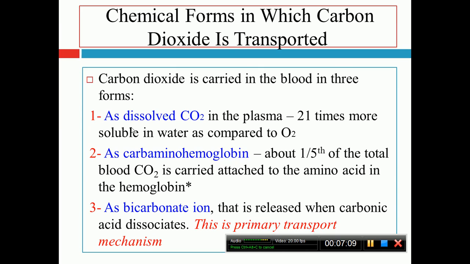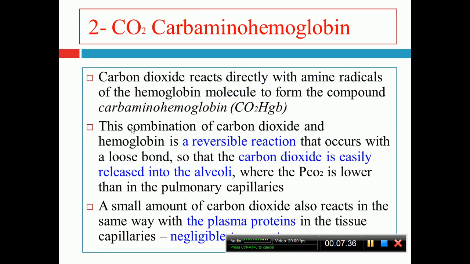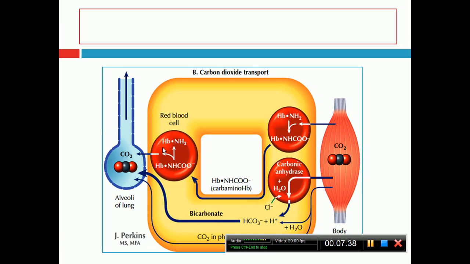And the third and the most important way, the primary transport mechanism of carbon dioxide, is bicarbonate ion, that is released when carbonic acid dissociates. So these are the 3 forms. Number 1, dissolved carbon dioxide. Dissolved is simply dissolution. You take carbon dioxide and add it in water. Then second is carbaminohemoglobin, and if you see the diagram of all these 3